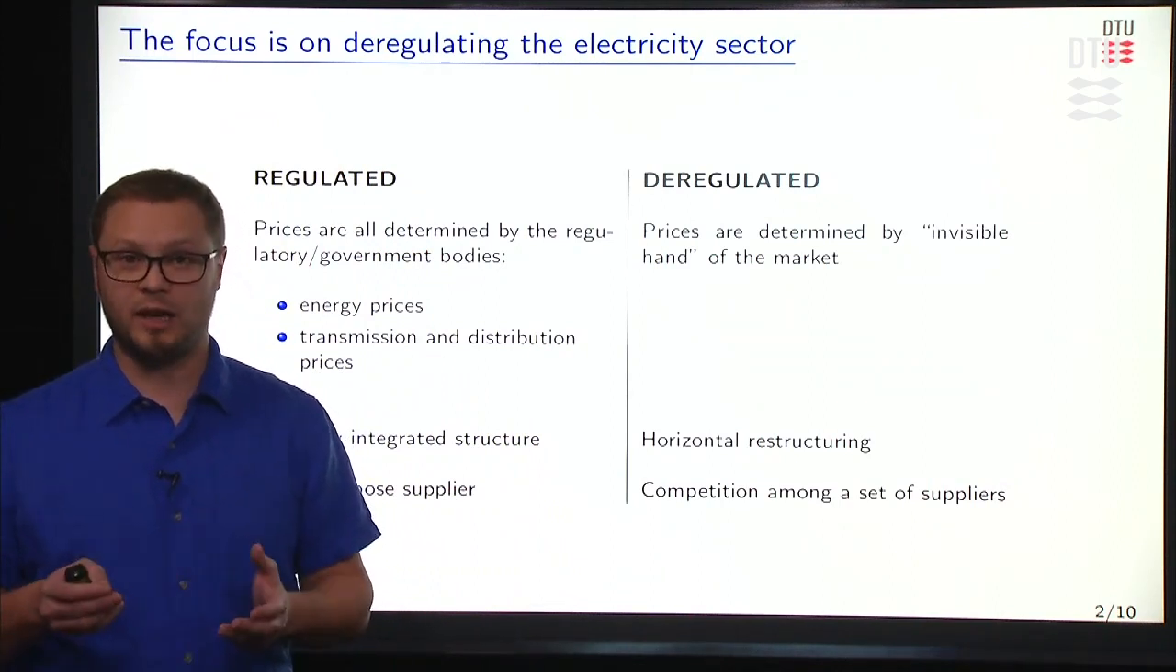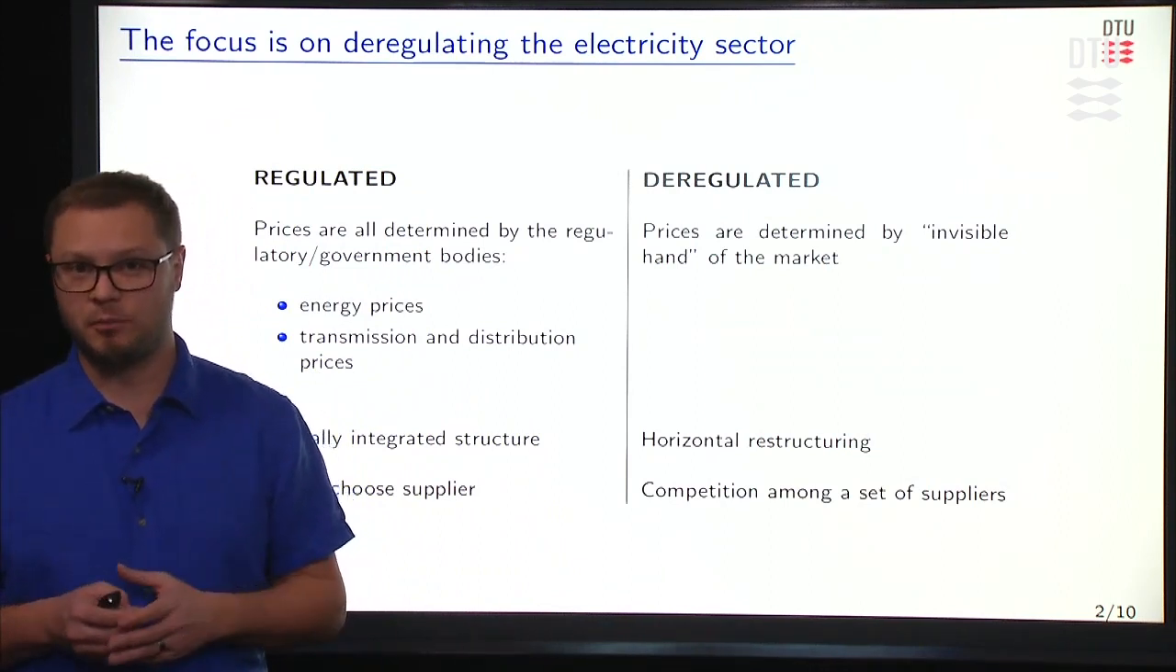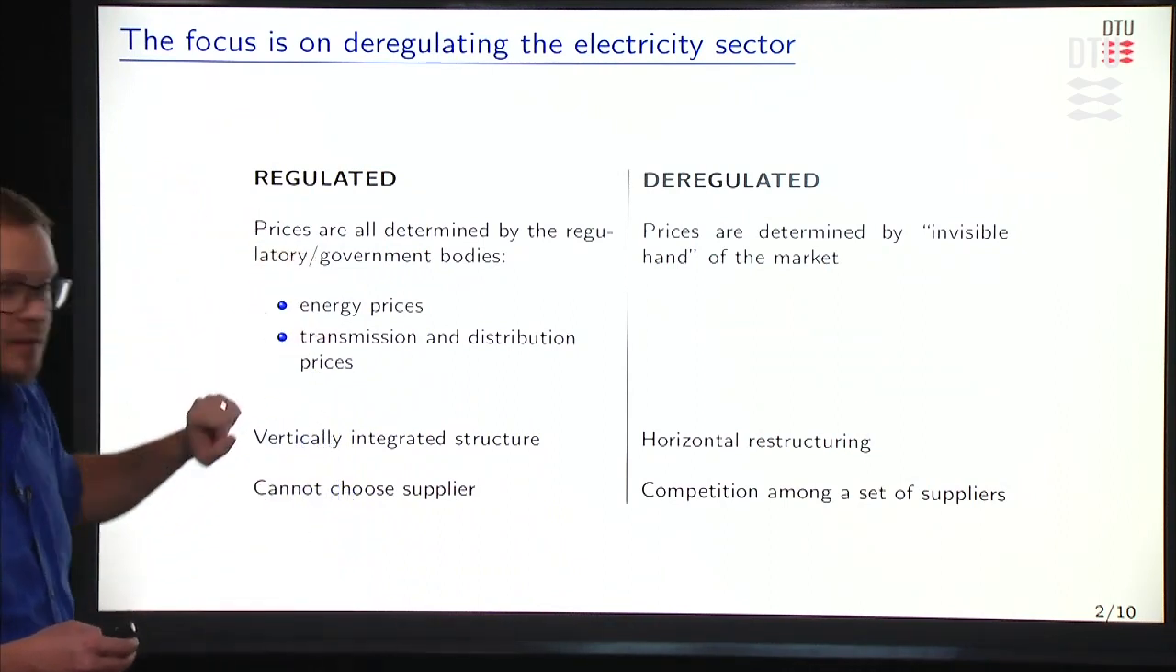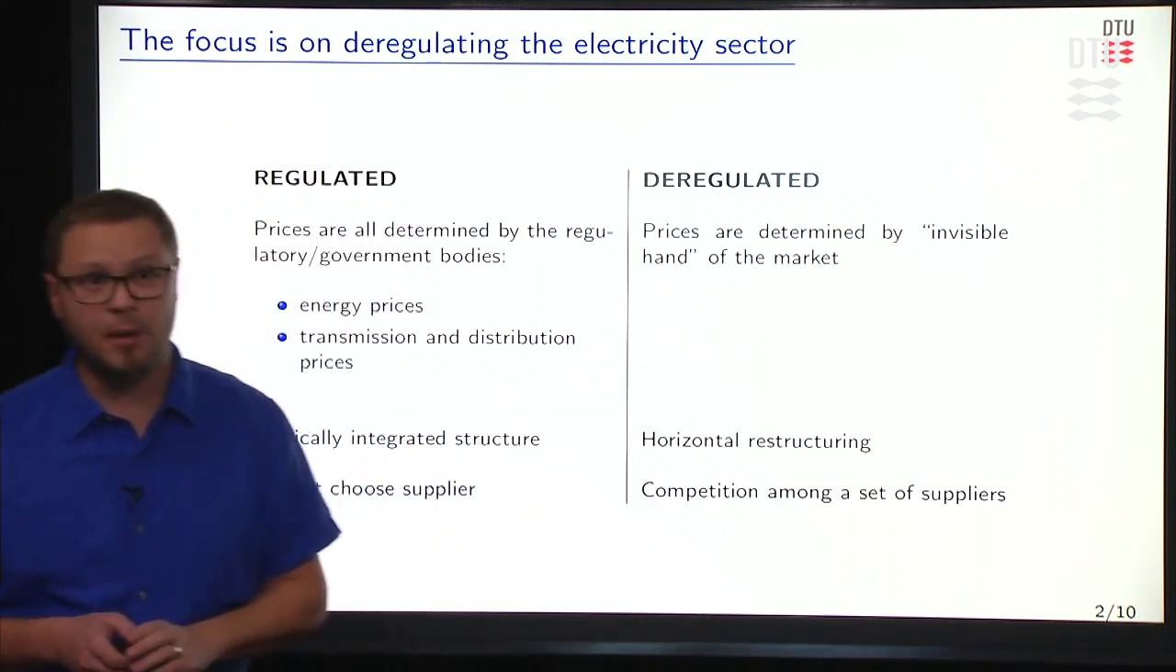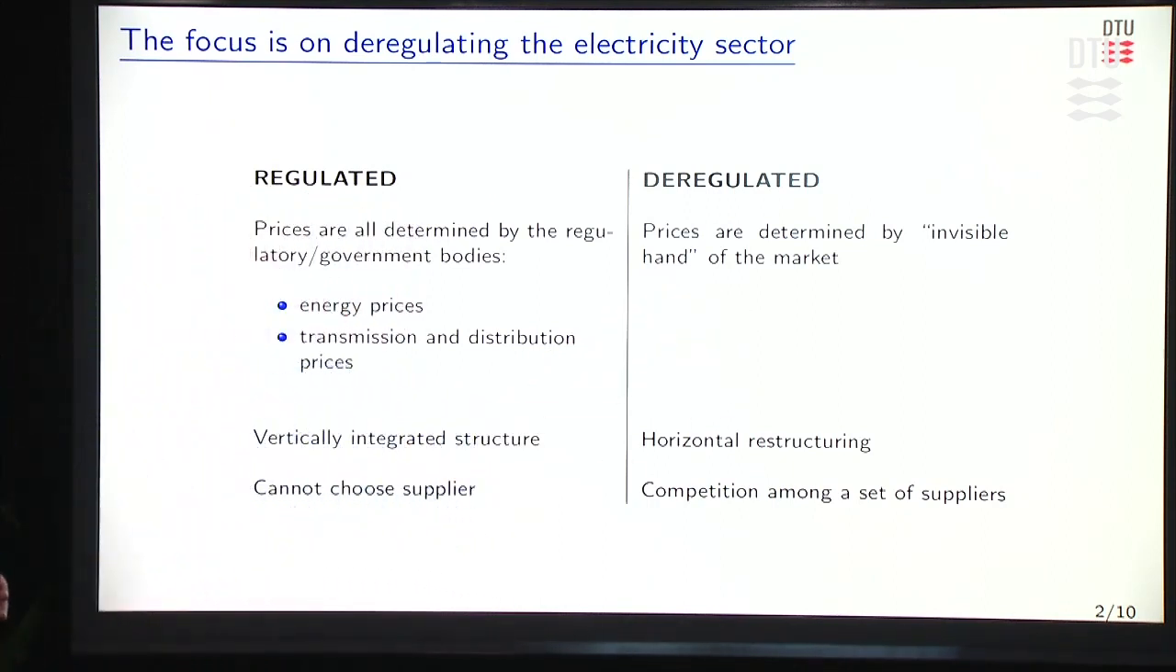The event is the deregulation of the electric power sector, and deregulation means that you're going to move from a regulated system to a deregulated system. By regulated system, we mean that prices are all determined by regulatory governmental bodies. That can be the energy prices, but also the transmission and distribution prices, that is, these prices that are related to the cost of bringing the electricity from the producers to the consumers, so paying for the infrastructures and their operation. In this regulated system, we talk about vertically integrated structure, which is something we will discuss in another block